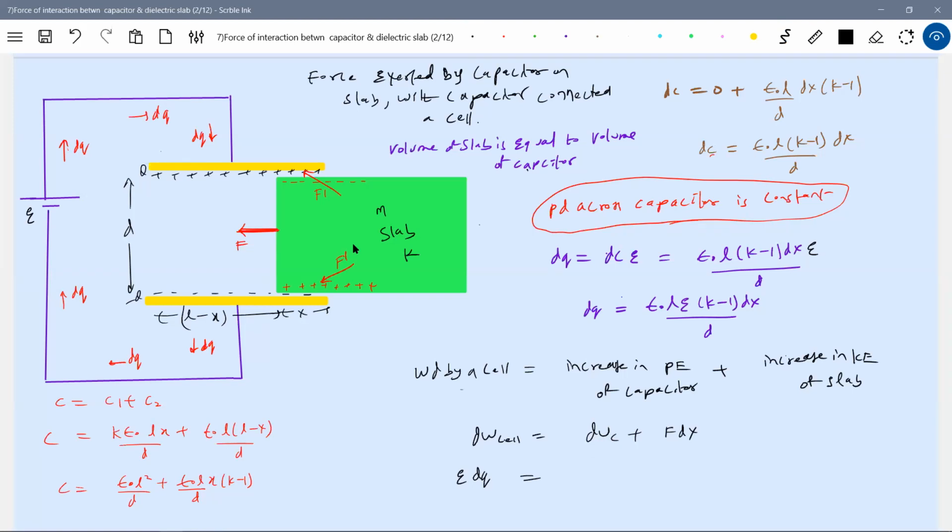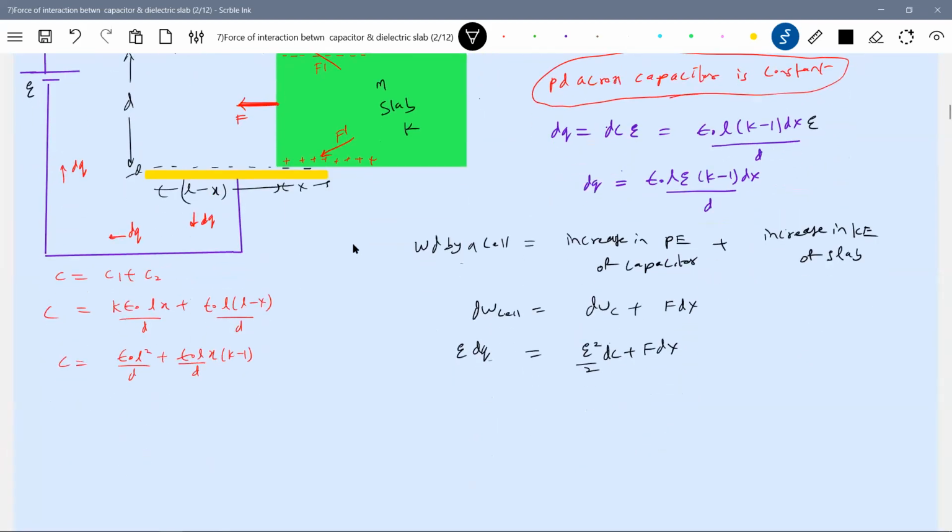What quantity of capacitor is constant? The cell potential, the potential difference. The energy is C E square by 2. So increment in energy should be equal to E square dC by 2. I'll write it. F into dx. So we want that expression for force. Almost, I think now I am very near. What is dq? The value will be substituted here. This will be E into